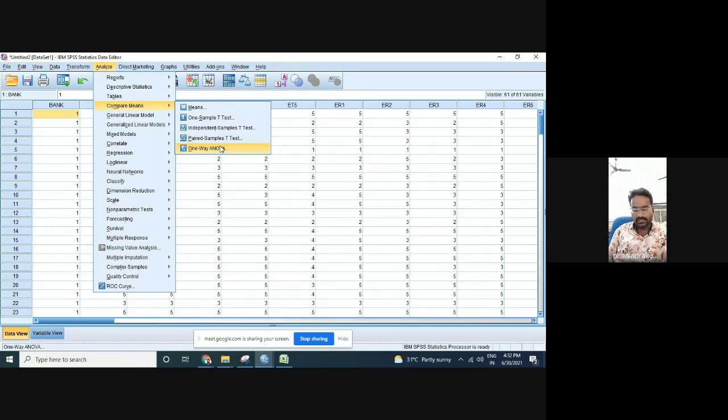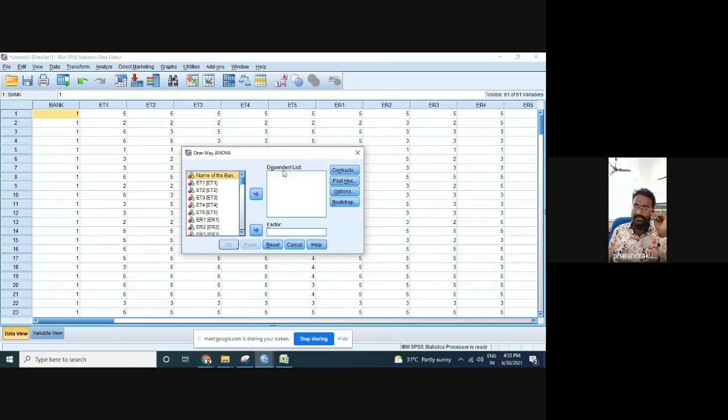But what happens in ANOVA is that we need to identify three things: MS, called mean squares, SS, called sum of squares, and also the F value. The F value is the calculated value we get as output in ANOVA. We need to compare the variables in two forms, where one variable is bank and the other criteria are ET1 and ET2. Either you can take ET1 as one variable and ET2 as another, or bank as one and bank as two. Based on your requirements, you can run the ANOVA test.